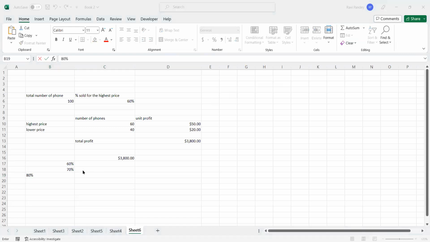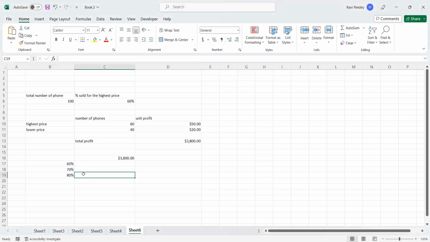So here I have created the data. Basically, here what I have done: I have a total number of phones, that is 100, and the percent sold for the highest price, meaning out of 100 phones, how many I have sold for the highest price, is 60%. So the number of phones on the highest price is 60. The unit profit is $50, the lowest price is $40, and my total profit is basically